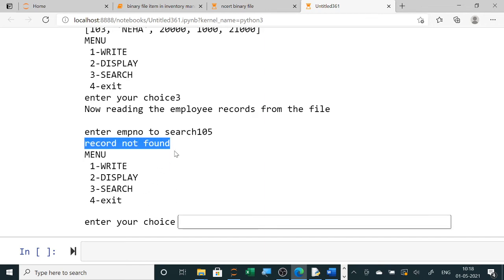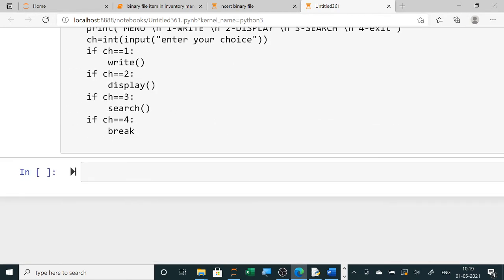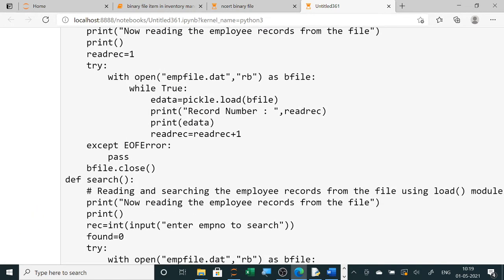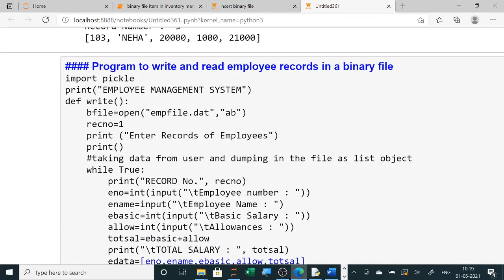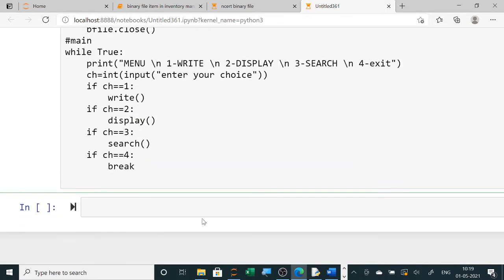Now if I enter here 4, sorry, I haven't selected there 4. 4 will be exiting.